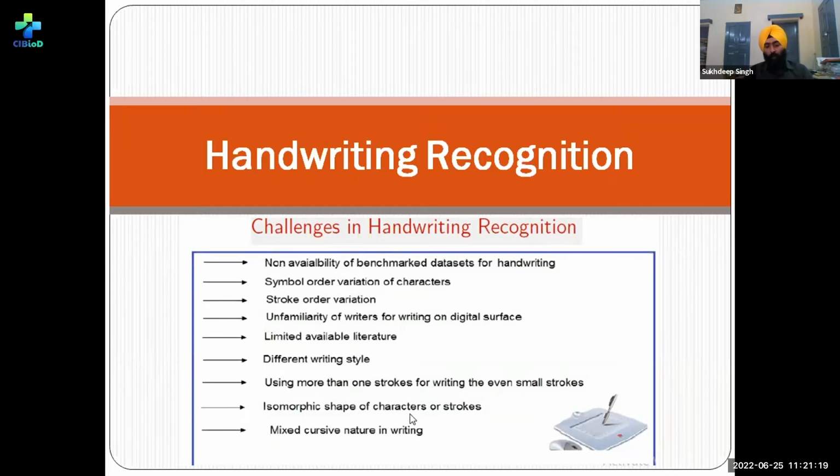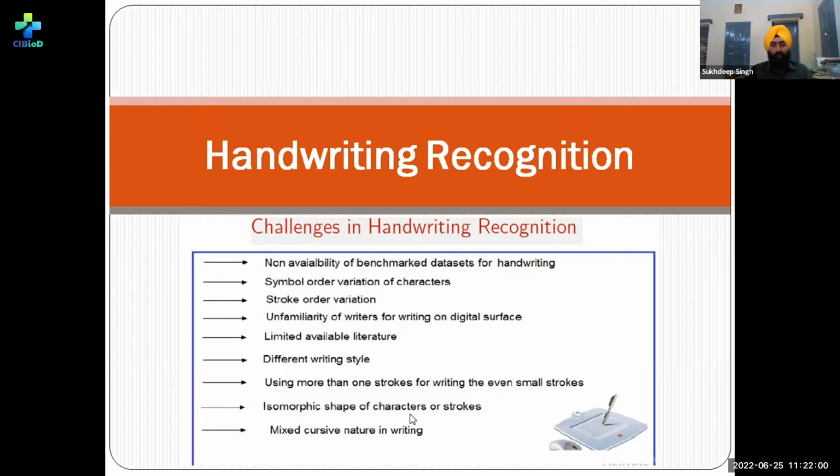Even small characters can be written with scattered or segmented strokes. And there is the similar nature of characters, which is called isomorphic shape of characters. Then some writers write in cursive nature, some write in isolated nature, and some writers use mixed cursive handwriting for writing on the digital surface. So these are certain challenges that we have to analyze and face in the development of